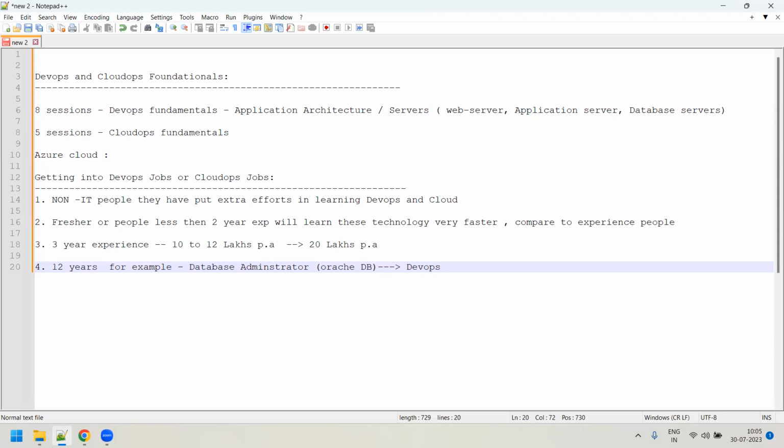Plus, you should have the mindset of an architect. If any architecture or scenario-based question is asked in the interview, he should be able to answer those questions. That's how he's going to be able to fetch a job. Learning all these aspects, even with 10 or 12 years of experience, is very difficult, because he needs to learn the tools first.